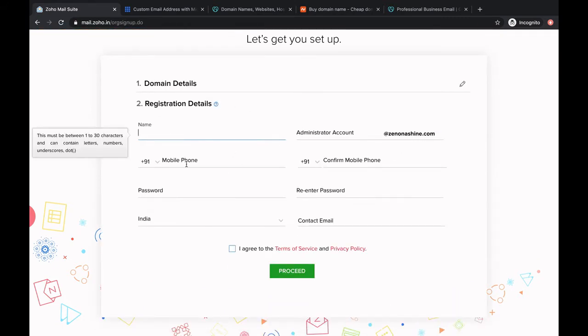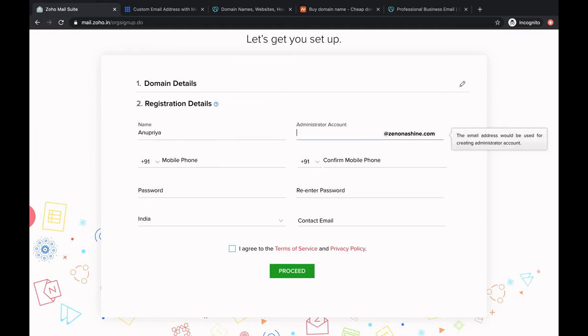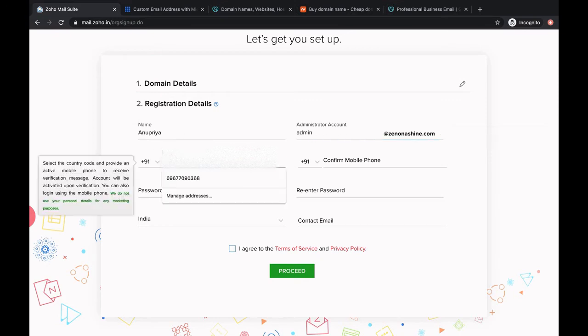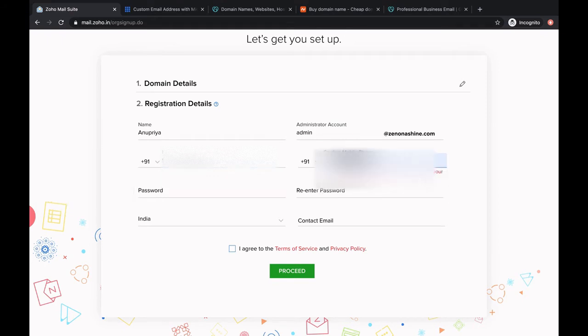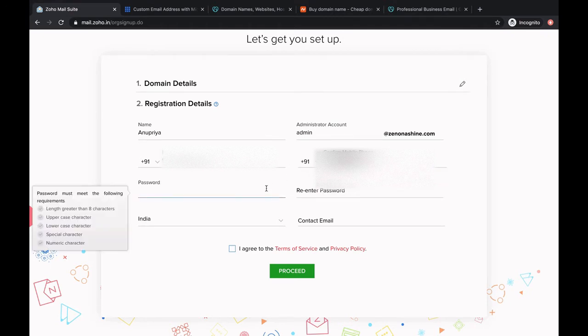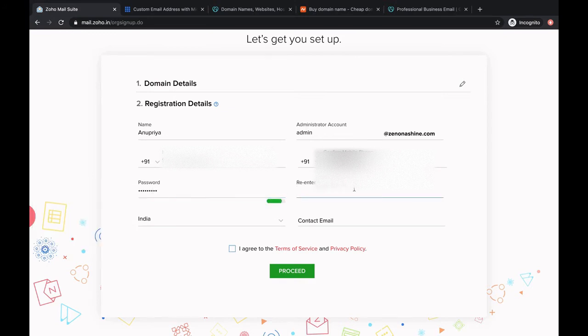Now here it will ask you to fill out certain details. Go ahead and fill it out. Make sure that you are entering the correct phone number, because if not, you will not be able to receive the verification code which they are going to send you. So that's very important. You can select whichever country you reside in, and then you have to provide one email ID on which they will be sending you certain details in case you forgot your password and stuff like that. So it's more of a backup email ID.